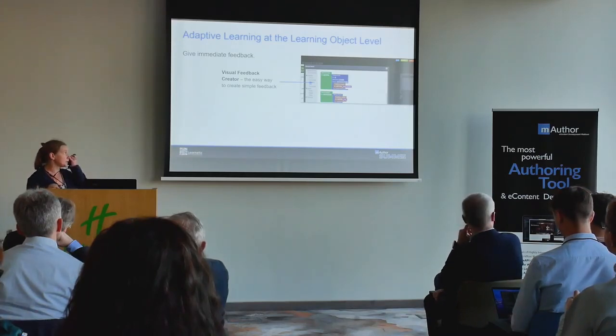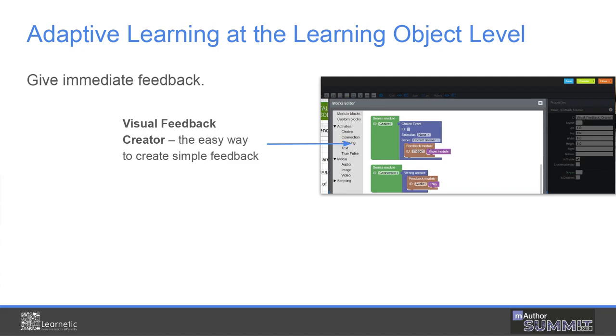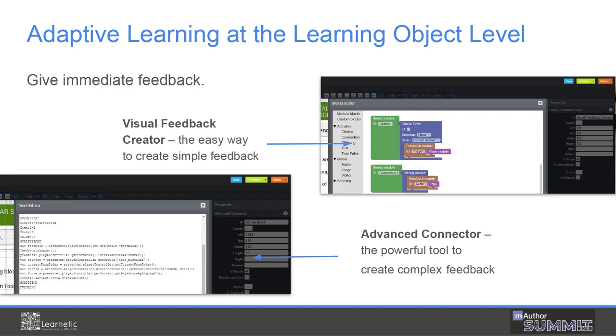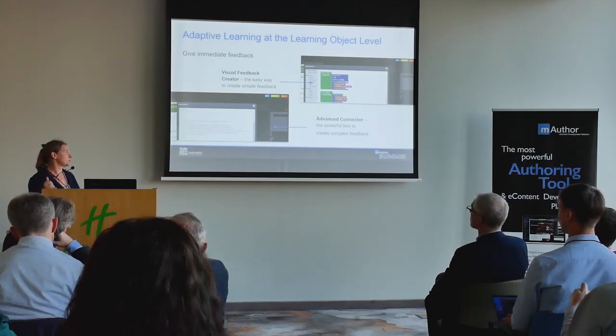There are two ways to add such feedback in mAuthor. One is the visual feedback creator, and this is the module that makes it possible to add simple feedback in a simple way. This is just by using blocks to create a script. And the other way is to use the advanced connector. Advanced connector uses JavaScript, so it is a very powerful tool, but you can use it to create very complex